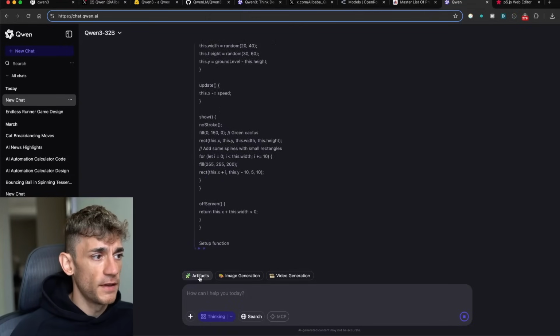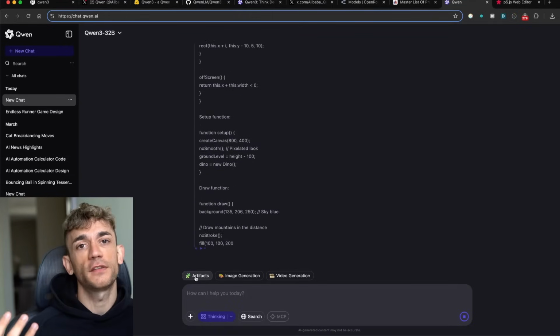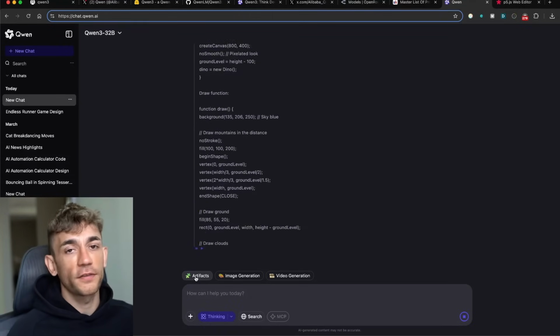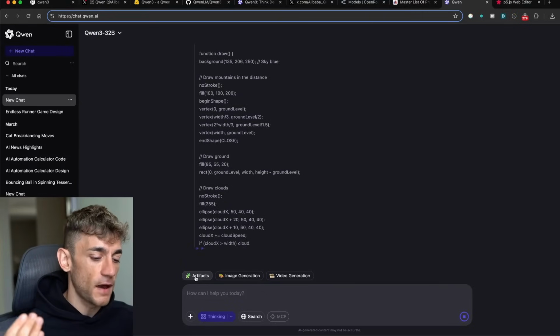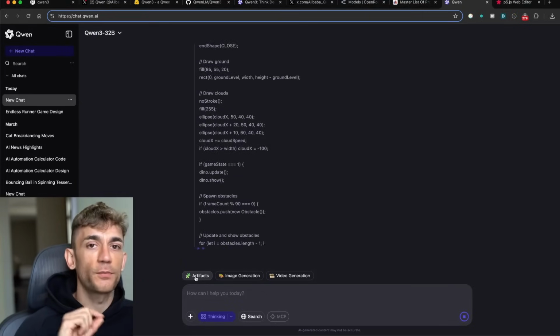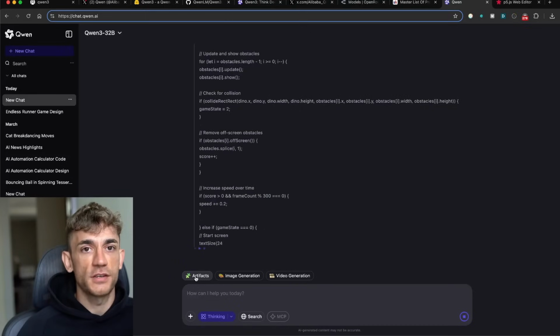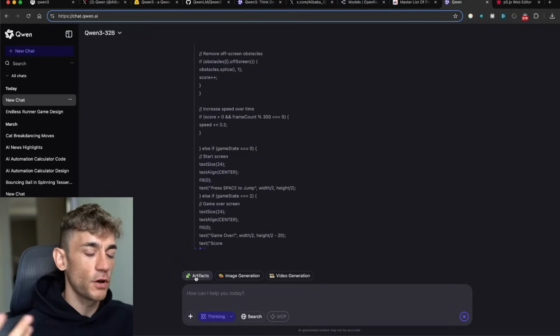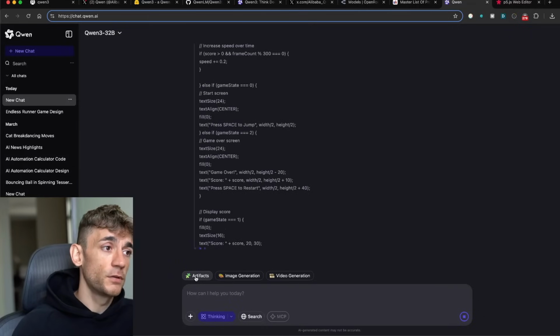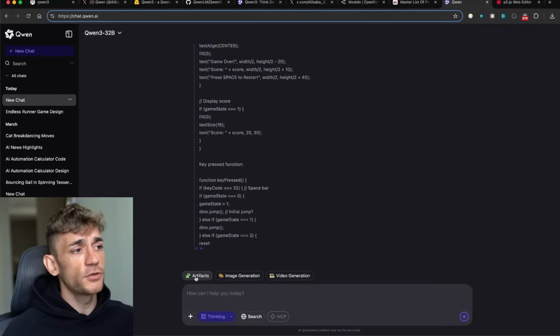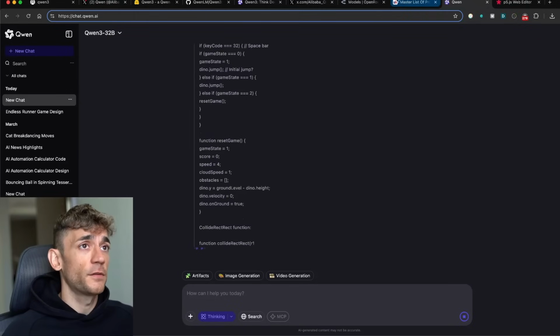You've also got here an artifacts feature. Now this is similar to, for example, Claude artifacts or ChatGPT Canvas, Gemini Canvas, where you can preview the code inside the chat if you're using something like HTML, right? So if you're running HTML and you're coding in HTML, then you can preview and generate some tools with that